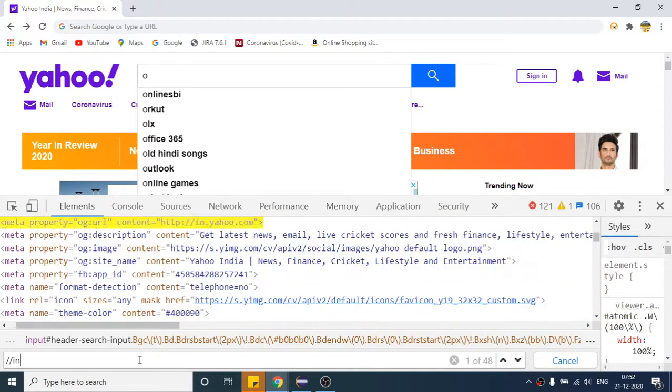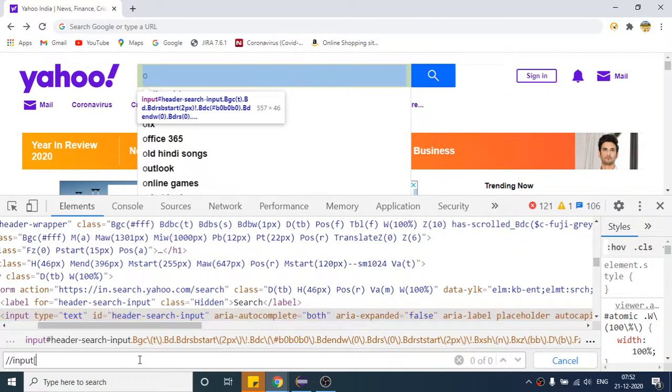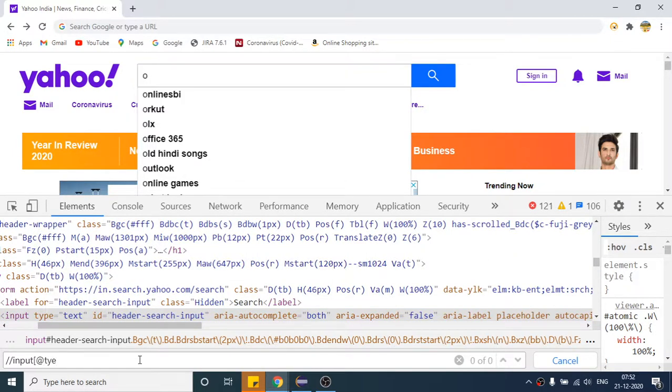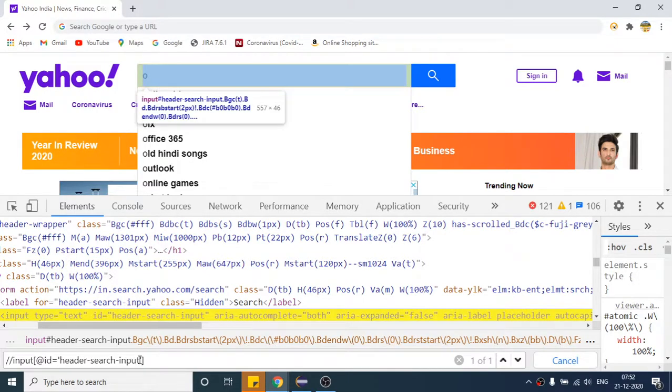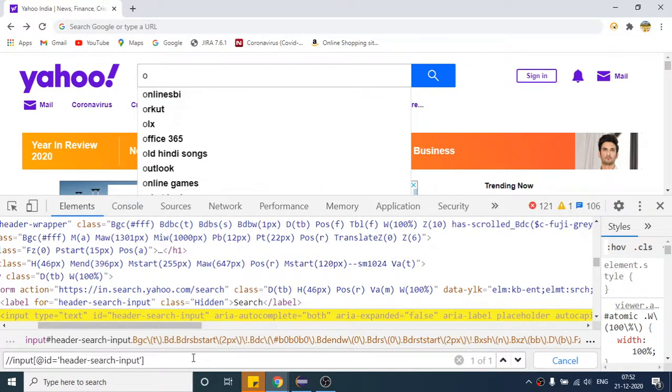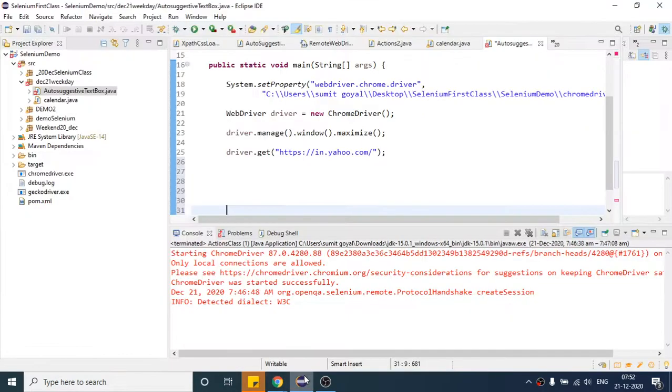input, @type equals to, okay, I think it is ID. Now it is giving me this text box, so it is correct, one out of one element is matching, so we found a unique element. Now I will write driver.findElement(By.xpath), this is our XPath.